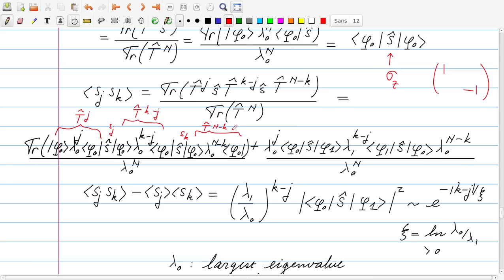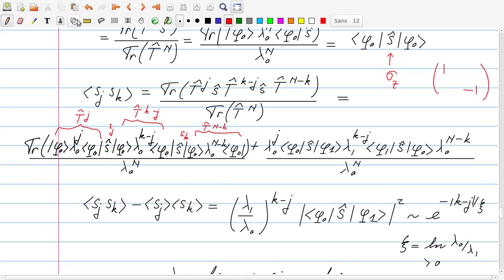So that's what I can do. Then I can, of course, see how many lambda zeros I have. I have j plus k minus j, that's k, plus n minus k, so I have lambda 0 to the power n, and that cancels against the denominator. And the only terms that are left are the expectation value of phi 0 S phi 0 times phi 0 S phi 0, and therefore this expression here